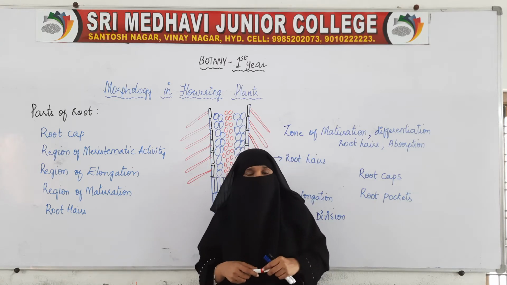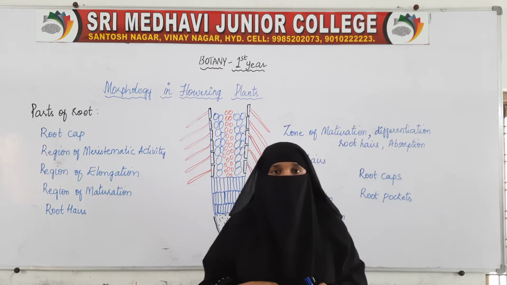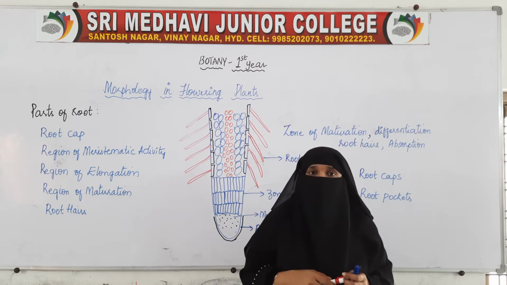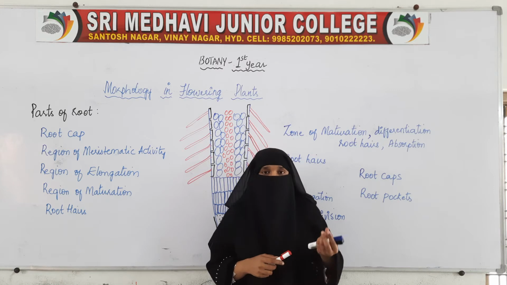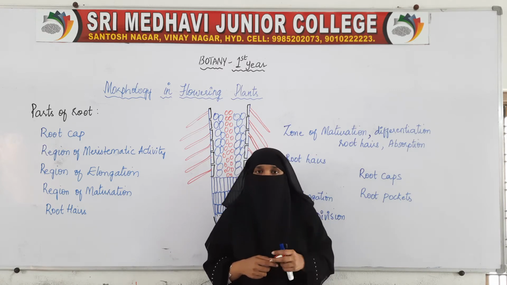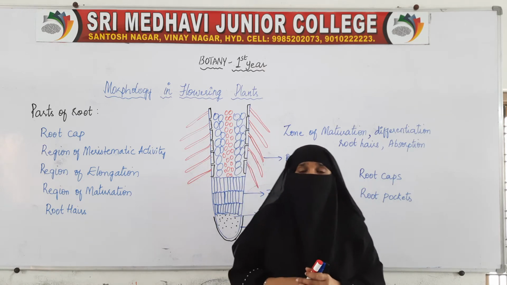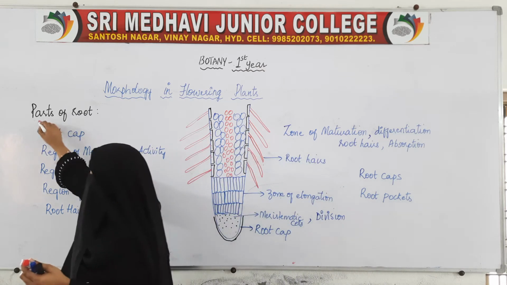And here a type of adventitious roots is fibrous roots. How? The primary root will be there, which will disappear later, and will give rise to clusters of fibrous thin structures. Those are called the fibrous roots. They arise from the base of the stem. Today in this class we will study the parts of the root.